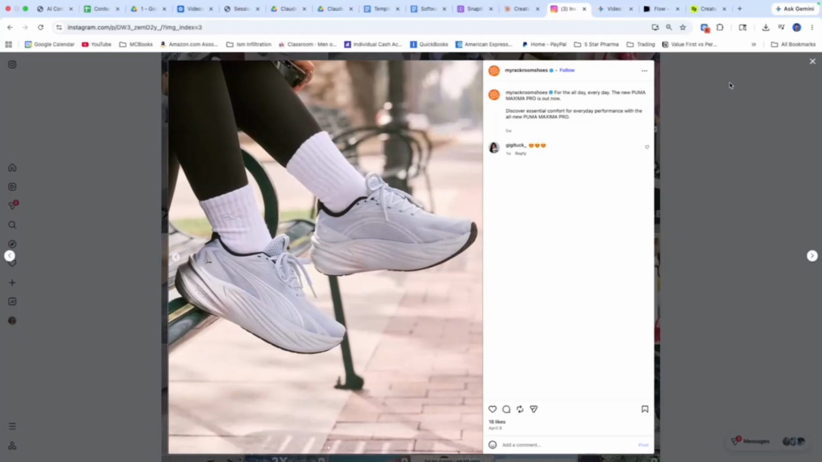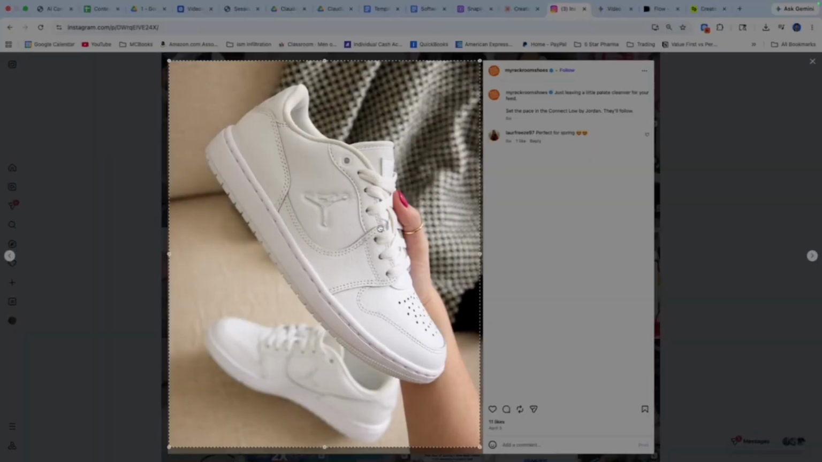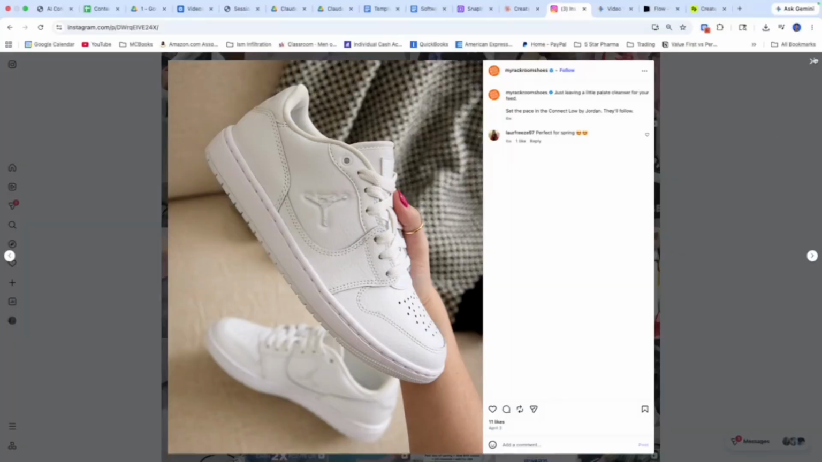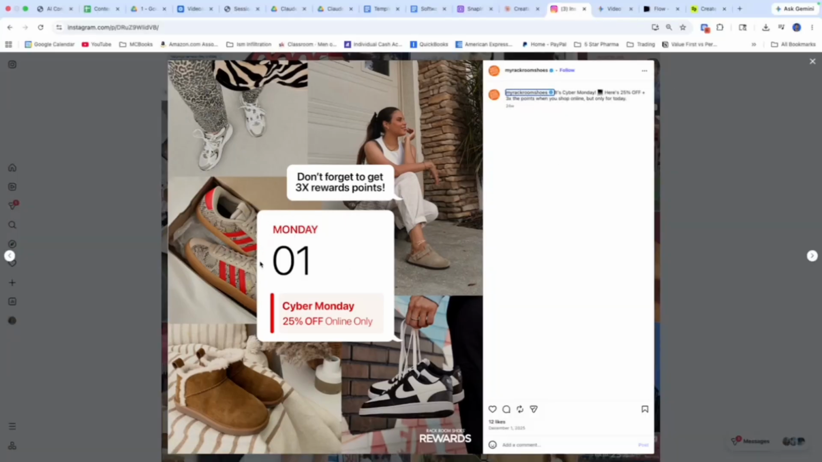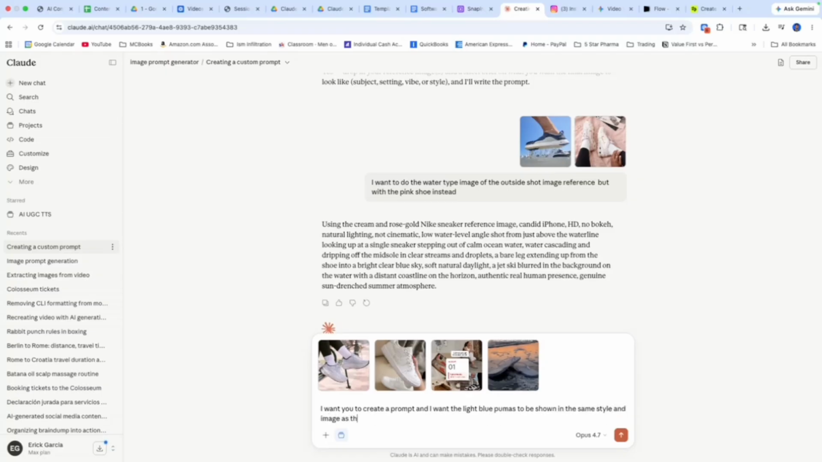So we'll use these shoes from Pumas. Those are the target shoes. I want those shoes, but I want them in this environment. I want them to look like this. So I'm going to swap them out. But not only that, I want to take this text on screen. So bear with me, because this is going to be a little bit more of an in-depth prompt, but I want to say create a prompt, and I want the, what are these, Pumas? The light blue Pumas to be shown in the same style and image as the white Jordan shoes with the couch backdrop. Add text on screen,